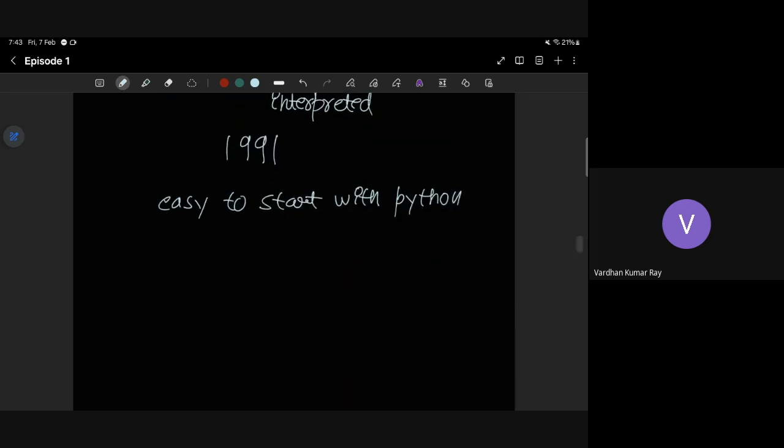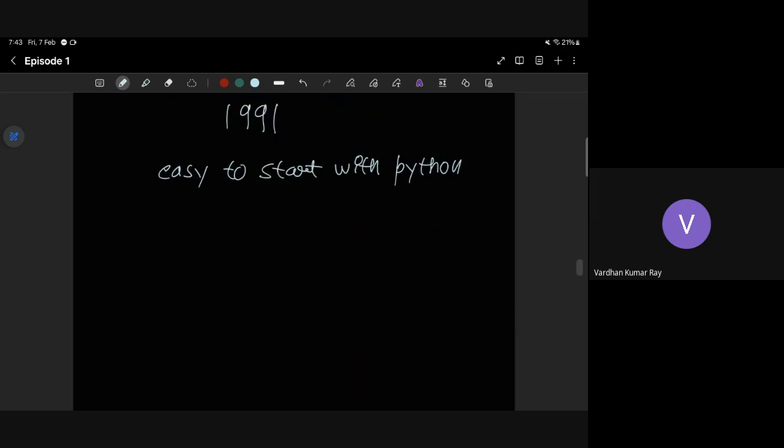So why do we use Python? This full degree is mostly based on Python. There are some other languages as well, but it's mostly based on Python because the full data science ecosystem is currently highly based on Python. There are so many libraries in Python which have all the code and all the algorithms stored in an efficient way. They are part of Python. That's why it's used a lot in data science.